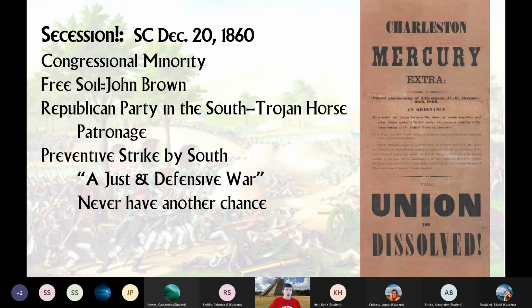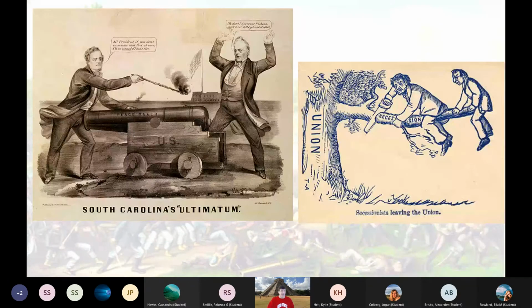And so with that, all these other states started going. And here's one of my favorites. Pickens was the governor of South Carolina, and this is an anti-secession cartoon. It's South Carolina's ultimatum about Lincoln, and he's setting off the cannon, and look where it's aimed. And there's Buchanan basically trying to stop him, but it's called the Peacemaker. That's the name of the cannon that blew up Abel Upshur. So that's the reference. And I do like this one. Secessionists said, oh, we'll break away from the Union by cutting off our ties, and what's going to happen? Clever one.